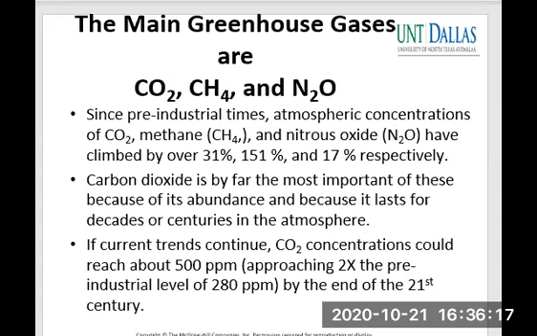About 3 billion tons of this excess carbon is taken up by the terrestrial ecosystem, and around 2 billion tons are absorbed by the oceans, leaving an annual atmospheric increase of about 4 billion tons per year. It has been assumed that if the current trend continues, carbon dioxide concentration could reach about 500 parts per million by the end of the 21st century.